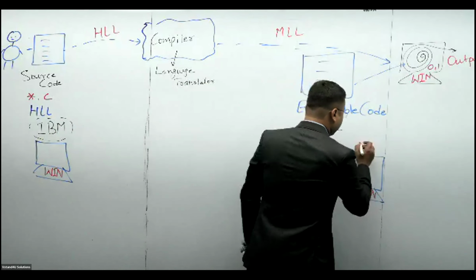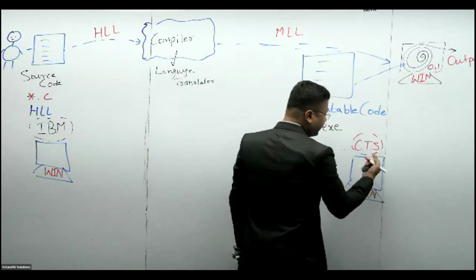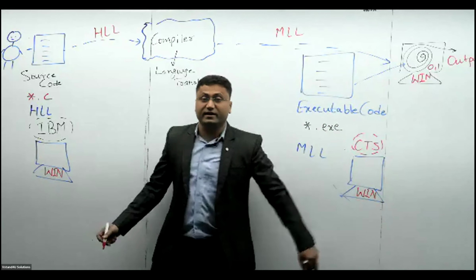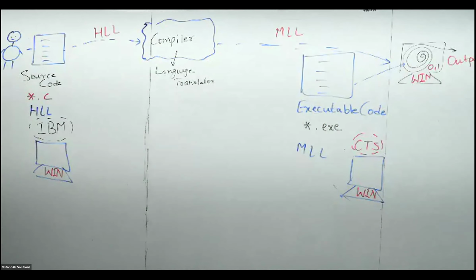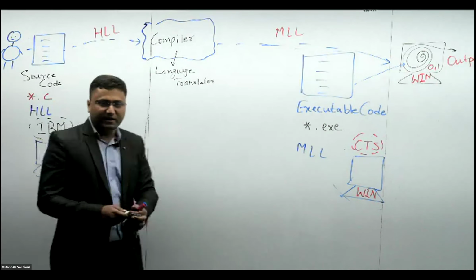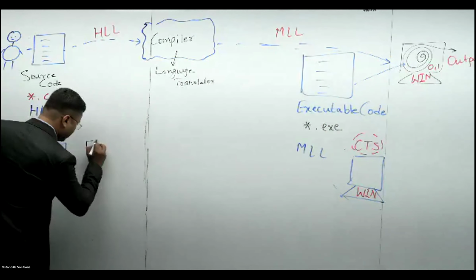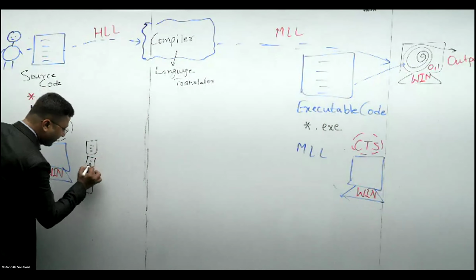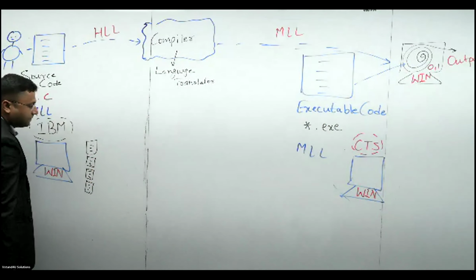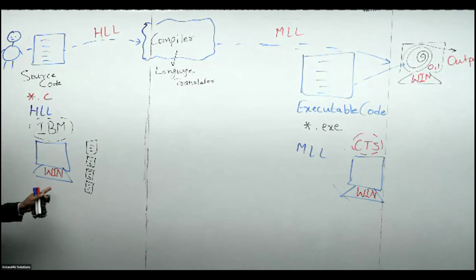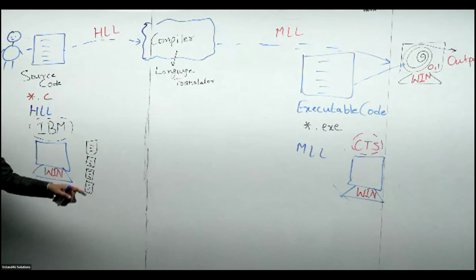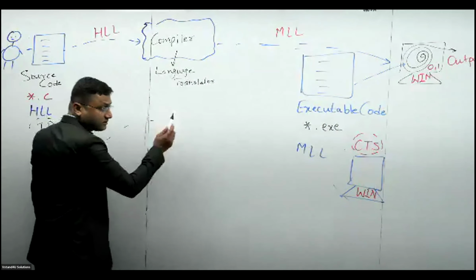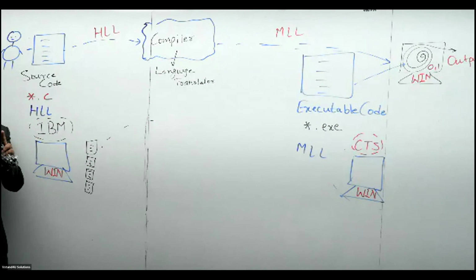So I'll write it in red color. CTS office. In the CTS office, all the machines are Windows. Coincidentally, in the IBM office also, all the machines are Windows. In this case, being IBM programmers, we have built some source code. These are nothing but the source code. These source codes are written for the Windows operating system. I believe you remember all the steps.